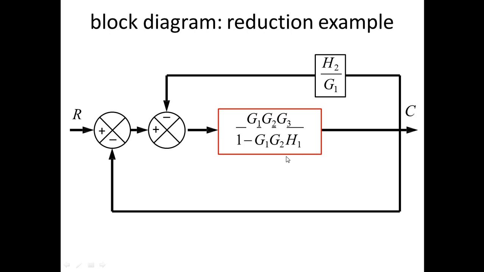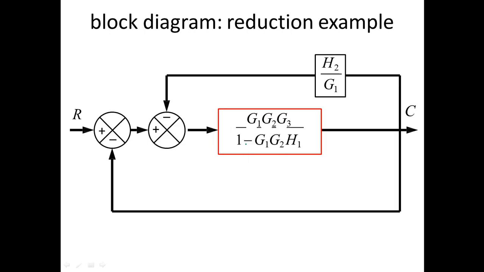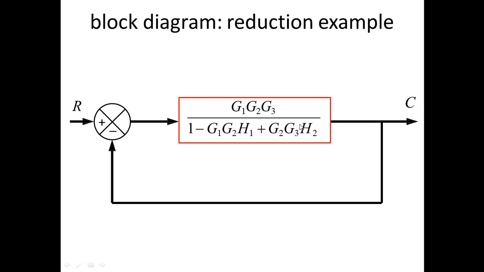Now you are getting this equation, and now you see that this is basically a closed loop feedback. So you can apply the same rule. This is your forward path gain, let's say this is X, and this is your reverse path gain, let's say this is Y. So the overall equation for this will be X divided by 1, and this feedback is basically with minus, so there will be plus, 1 plus X into Y. And what is X? X is this thing, and what is Y? Y is this thing. So the overall equation becomes this thing with 1 minus sign.